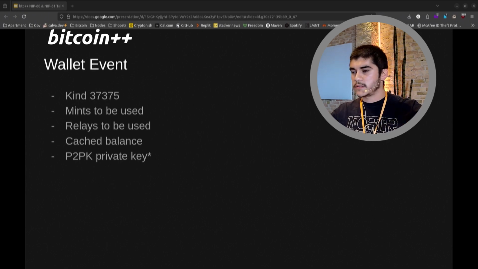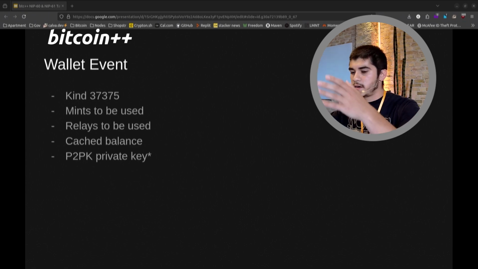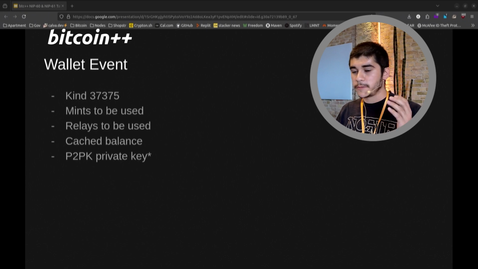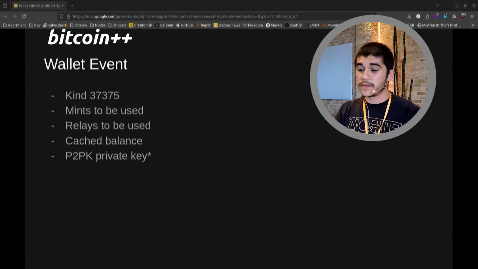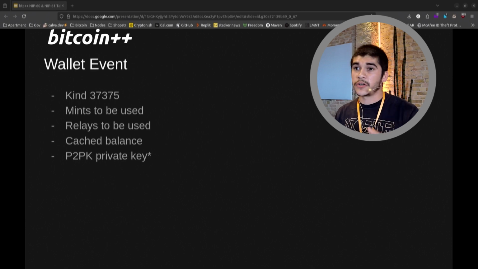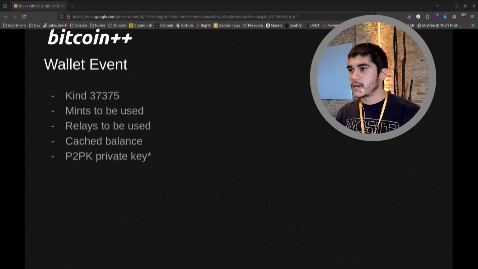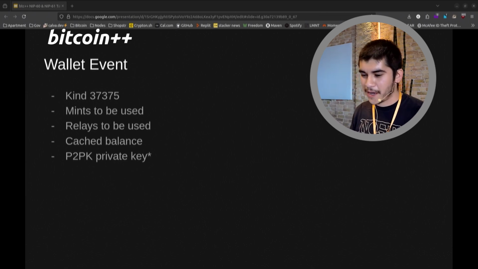You can have one on different clients, but the power of it is obviously that you can actually take that wallet balance and take it into various different implementations. So it specifies the mints that you're going to be using, and only those mints will be used whenever you're claiming cashew tokens and receiving zaps. It specifies the relays that you will actually be storing the ecash notes to. And this is very important because if you're just using any relay, especially a free relay, you can't really guarantee that those notes are actually going to be stored over time. So you want to be specifying trusted relays that you know are either going to have high availability, or are yours, that you control. You just want to ensure that you don't deposit money into this and then it's just gone. It's a sacrifice to the ecash gods.